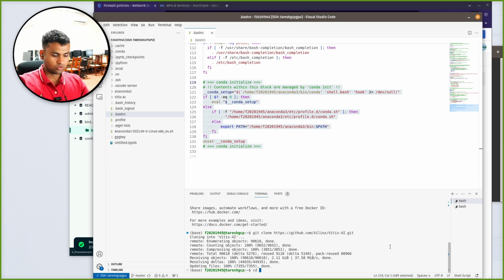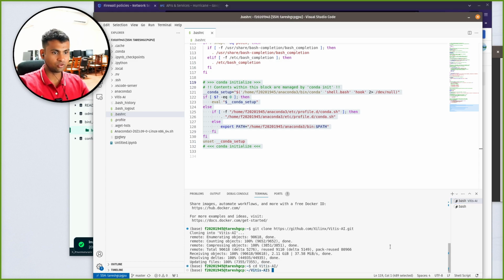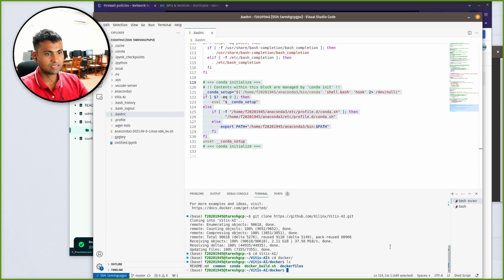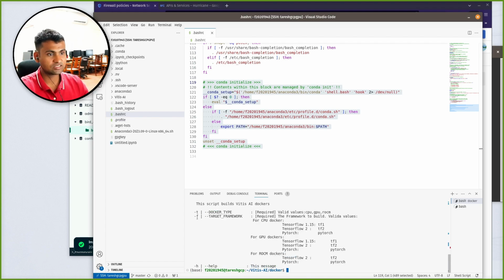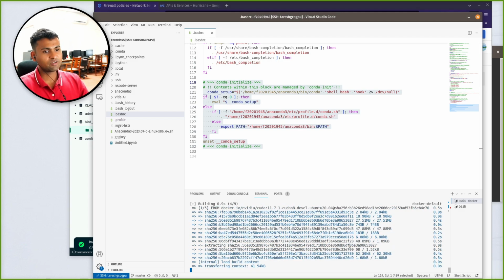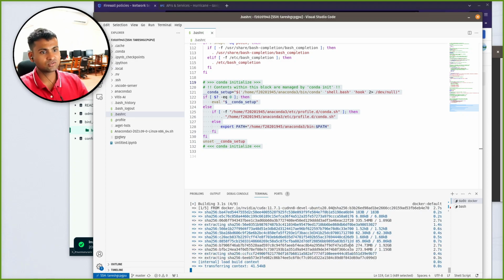We just need to go now to the Vitis AI folder. Inside there we'll see the Docker folder. We'll go inside there, and we'll type sudo ./docker_build.sh. It is asking us to choose the -t and the -f option. So at -t, since I'm working on PyTorch right now, I'll type pytorch. You can build everything, it's not like you can only build this. And for the second -t I'll type gpu, and -f I will type pytorch. So now it will take approximately 10 minutes for this whole